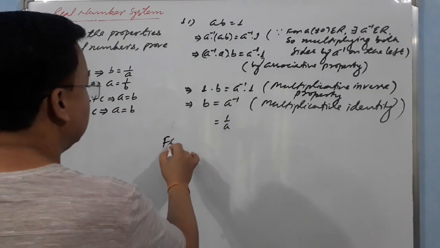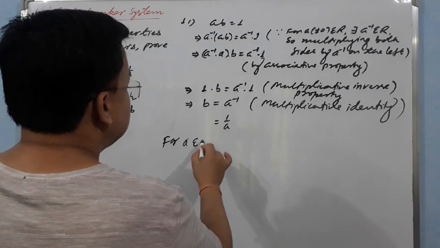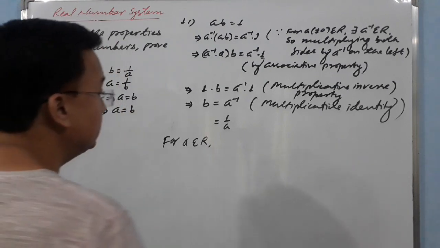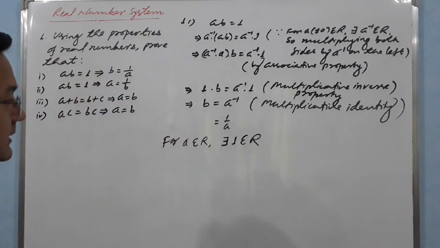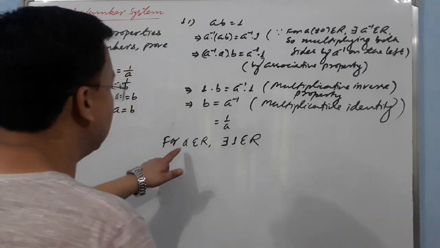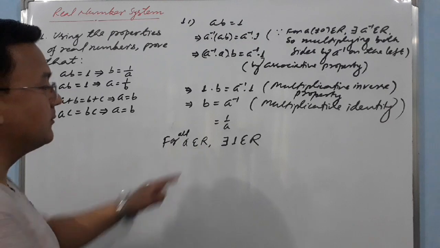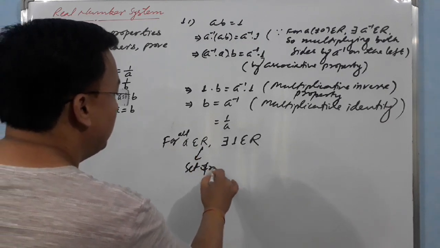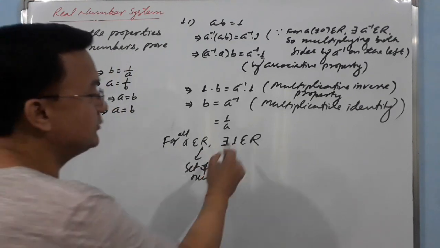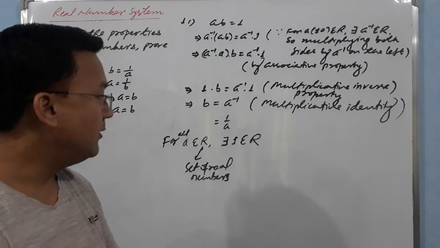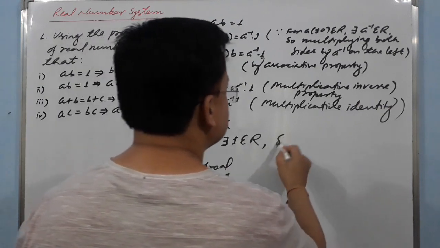Okay, if you have a problem, see, for A belongs to R, there exists 1 belongs to R, on the set of real numbers. For all A belongs to R, meaning the set of real numbers. What is this? Set of real numbers means a collection of real numbers. And there exists 1 in the set of real numbers. So 1 is also a real number, right? In the set of real numbers, we have a 1 such that